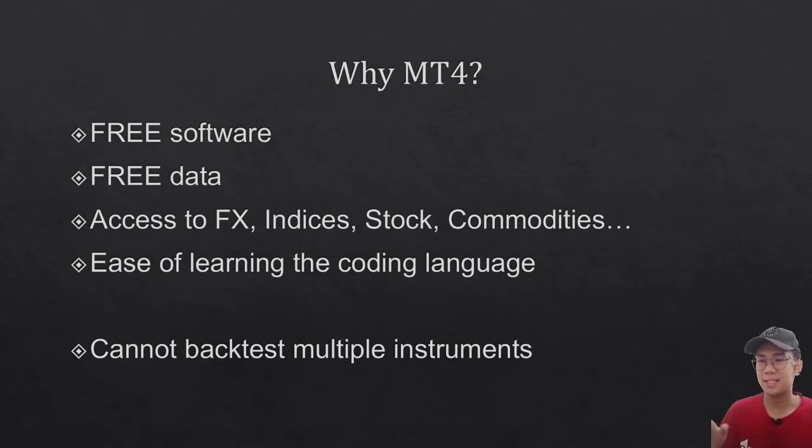And the next thing is that it is easy to access all the FX, index, stock and commodity markets. Initially, the MetaQuotes MT4 platform was designed for CFD markets like FX and spot markets, and indices like S&P 500 are slowly getting into it, and stocks are very rare. Commodities like gold and silver are very popular. But what I say is that FX is the easiest data to get in MT4, and it is the main platform to trade FX as well.